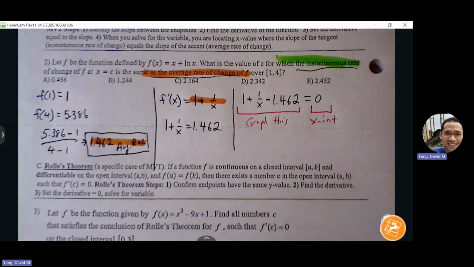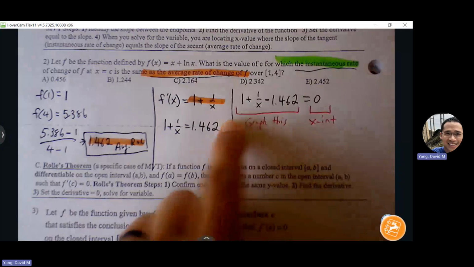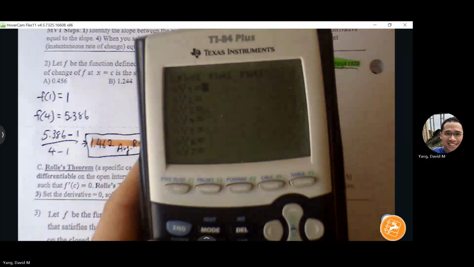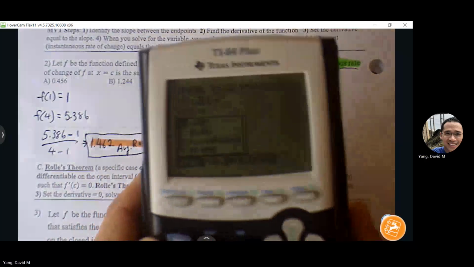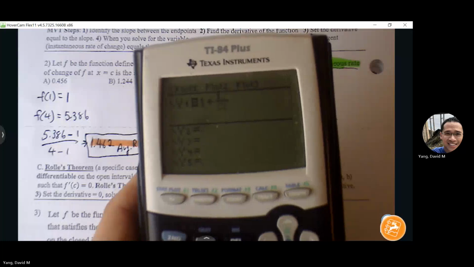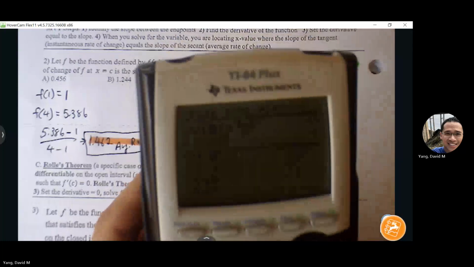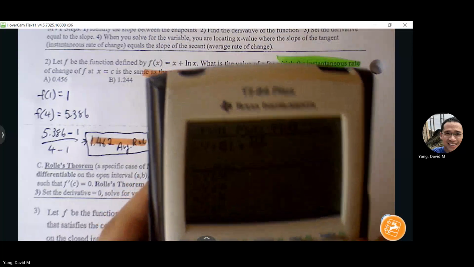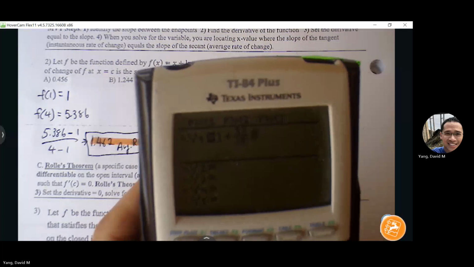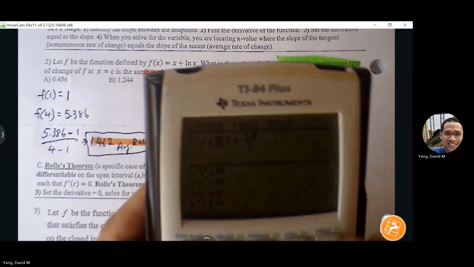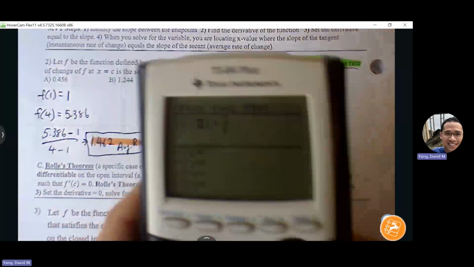All right, just to show you what that looks like here, if I have 1 plus 1 over x minus,